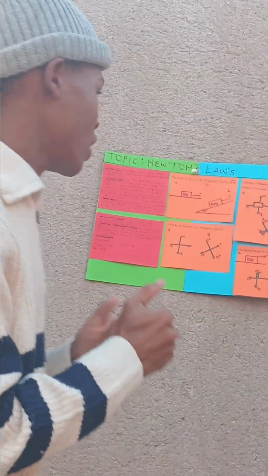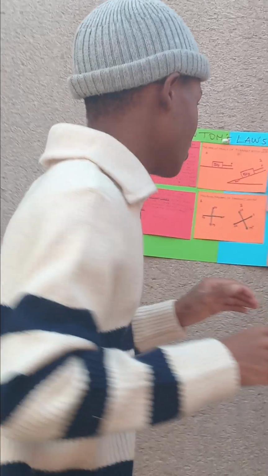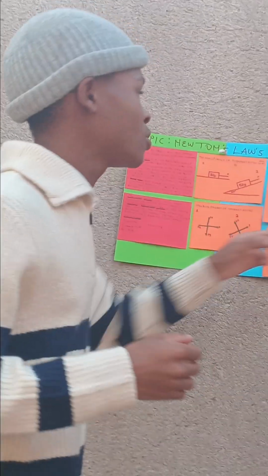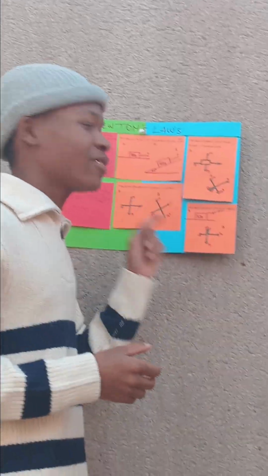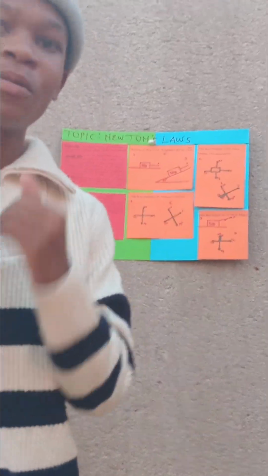And here we are going to have a free-body diagram on an object that is being pulled up, not on the surface. So we are having an object that is being pulled up from the surface. So it's being pulled up at a 15 degrees angle. So here we're going to have a different free-body diagram. So here we're going to have normal force and F applied. So I've drawn this free-body diagram with some components.